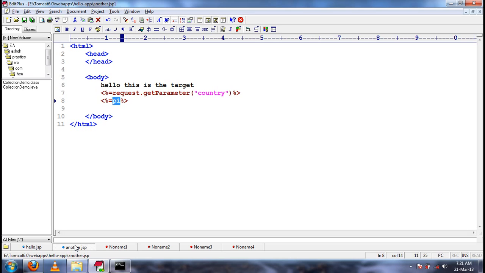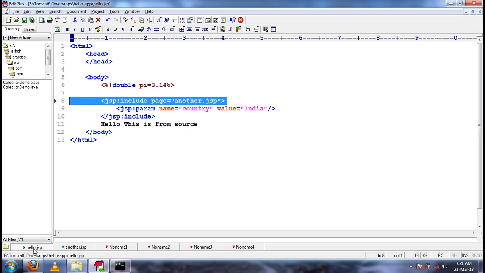How translation will happen, how compilation will happen, how loading will happen, and how execution will happen if we include using jsp:include, and then tell the answer. Don't tell the answer before 1 minute.